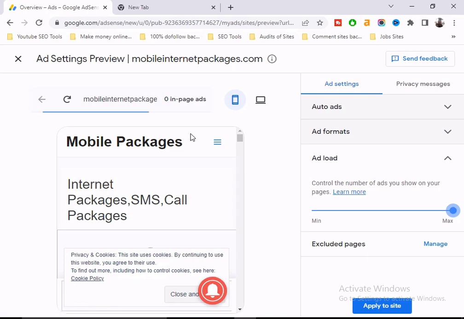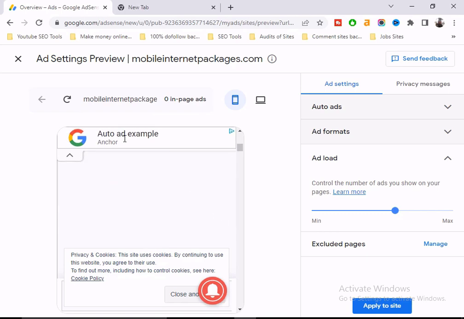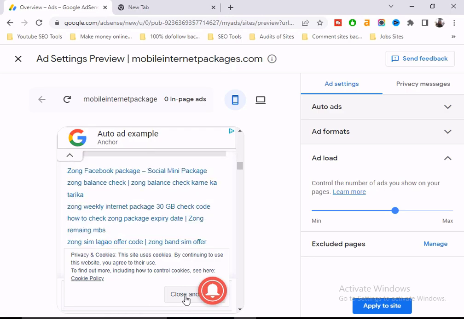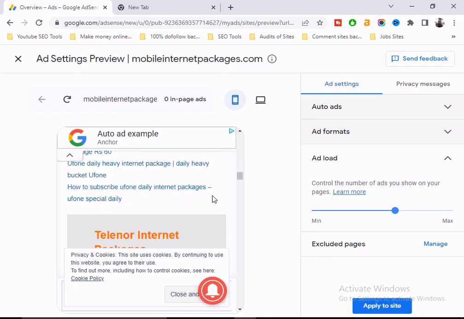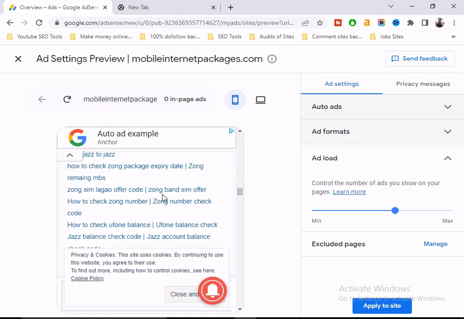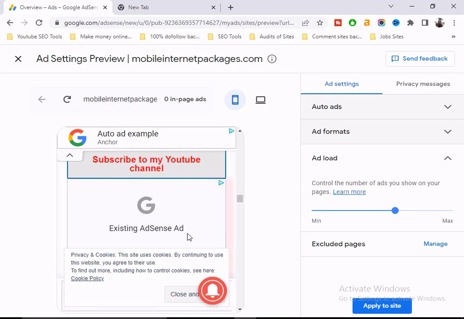Wait for a while. For example, I check minimum, maximum. It is an anchor ad. Close consent. It is existing ad units. It is an existing Google ad unit. It shows the Google AdSense. So scroll this to maximum